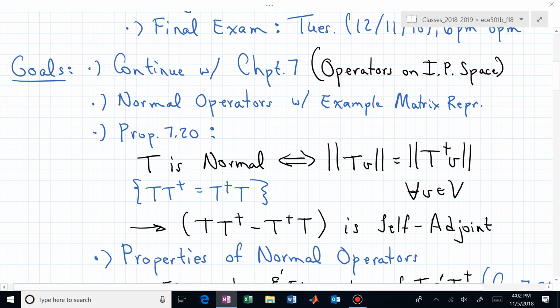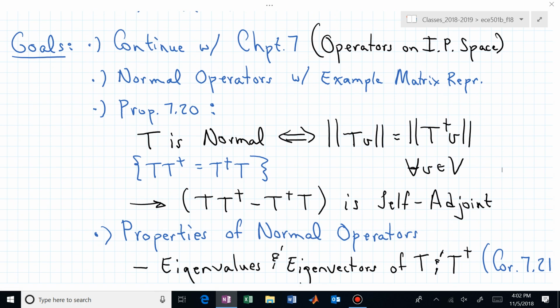Today what I want to do is continue with chapter 7, which is operators on inner product spaces, and we'll start with normal operators, and we'll give an example, a matrix representation example of what it looks like to be normal. What does it look like to be normal as an operator? We will find out, and then we will do or state proposition 20, which says T is normal if and only if the norm of Tv is equal to the norm of adjoint T v